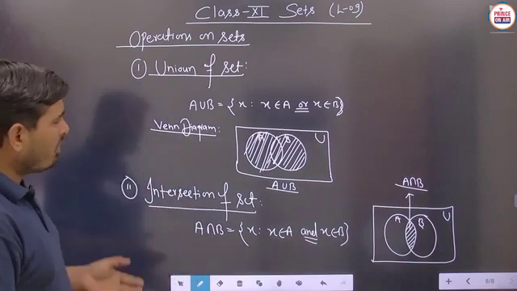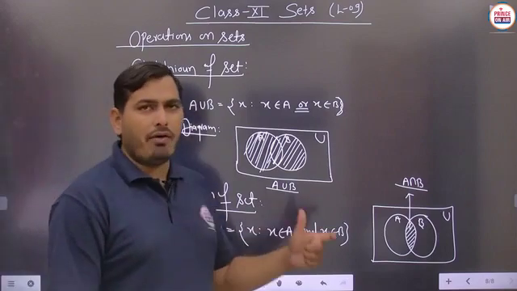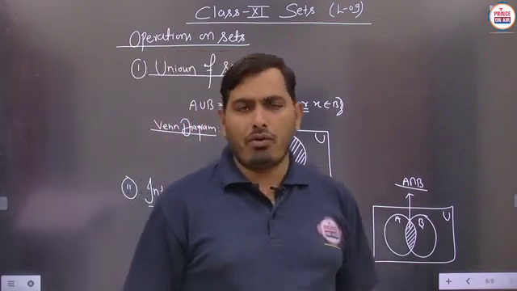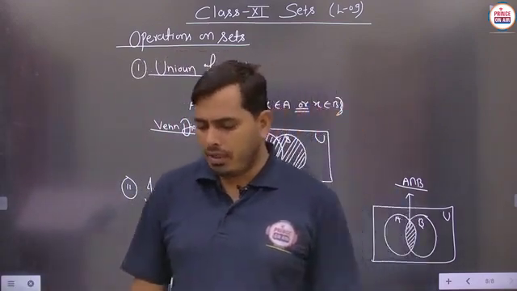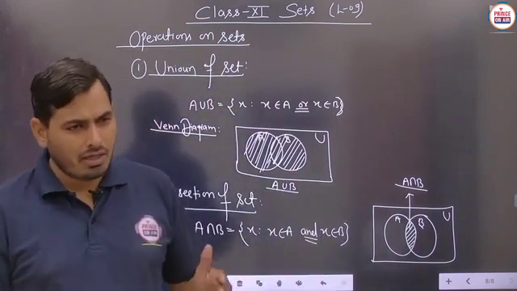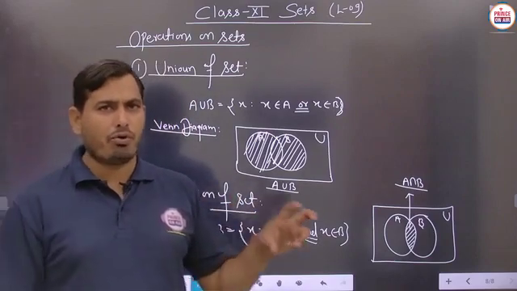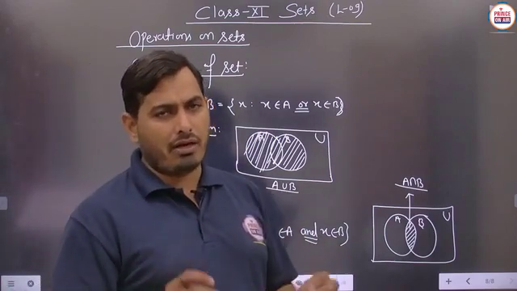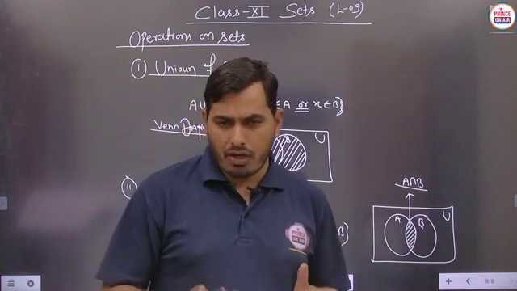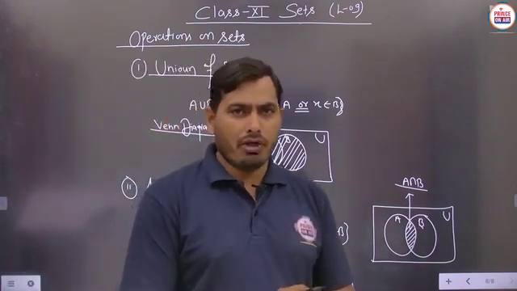So these types of operations, students, we discussed in the last video. Now, on top of these two operations, we have to discuss a very important property, that is the mixed property of union and intersection. You can say that union and intersection are both of a distributive nature, and we have to state the distributive law, and we will also verify that distributive law with the help of a Venn diagram.